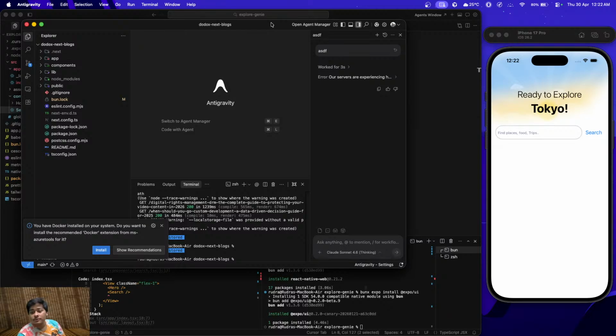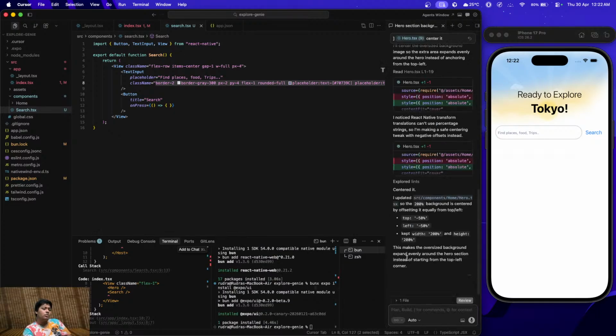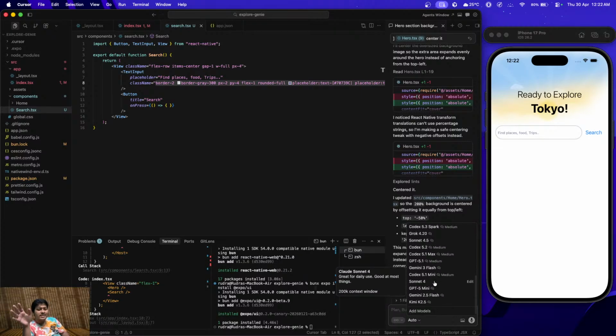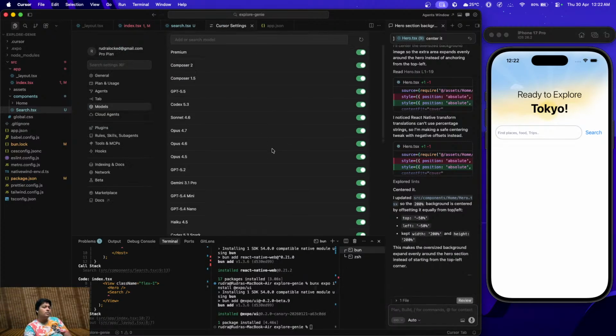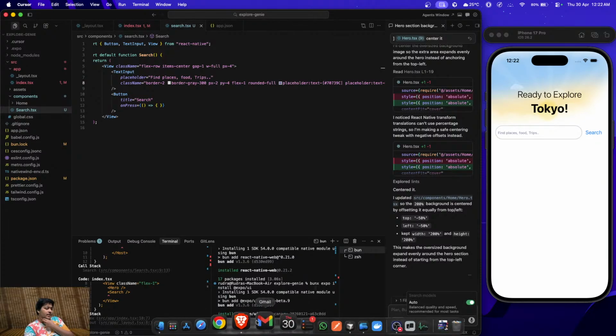Cursor has also a feature where you can see other models too, right? I could not really understand the question, but in Cursor, it has got a feature to show a lot of models, like the available models. Apart from this, it has got settings, and in the settings you can just add the models from here. But all the credits are over. If not all are over, I have a few. I can increase this one as well. But